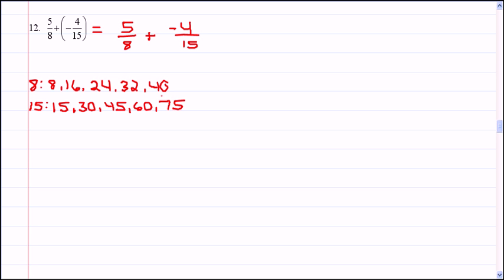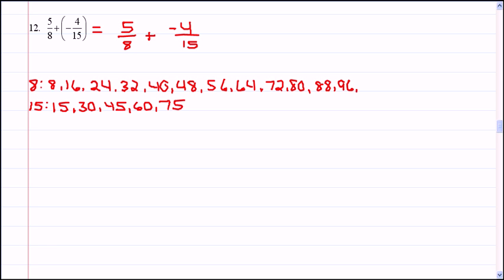And if I look at these two lists, I don't have any number in common, so I'm going to expand the top list because this one only ends at 40. So my next multiple of 8 would be 48, then 56, then 64, then 72, and then 80, and I'll go a couple more, 88,